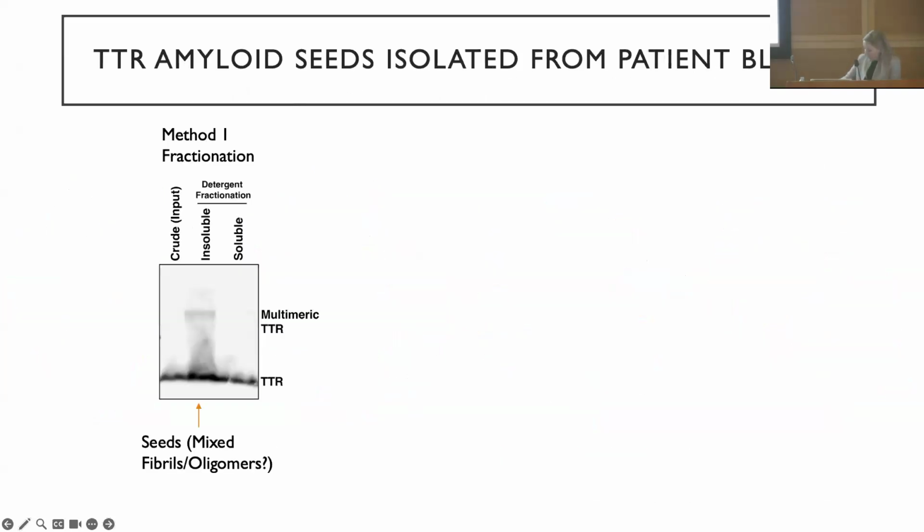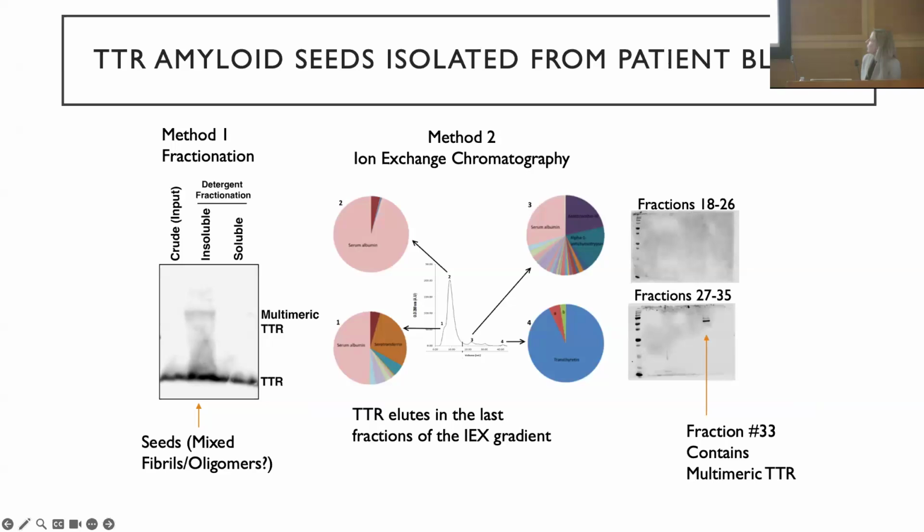We've also started purifying this from patients, which was also a struggle, but we think we have working pretty well. So this is a fractionation experiment from patient blood, patient with ATTR cardiomyopathy. So you can see that in the insoluble fraction, we're able to detect multimeric species of transthyretin, which are not present in the soluble fraction. We can actually purify these using ion exchange chromatography and detect multimeric TTR from that. And so this is what we're now using to try to generate higher order structures, which we can then use to better model toxicity.